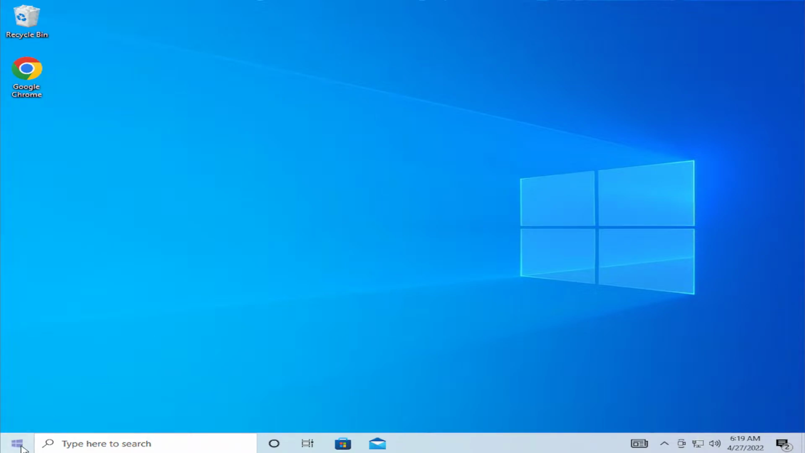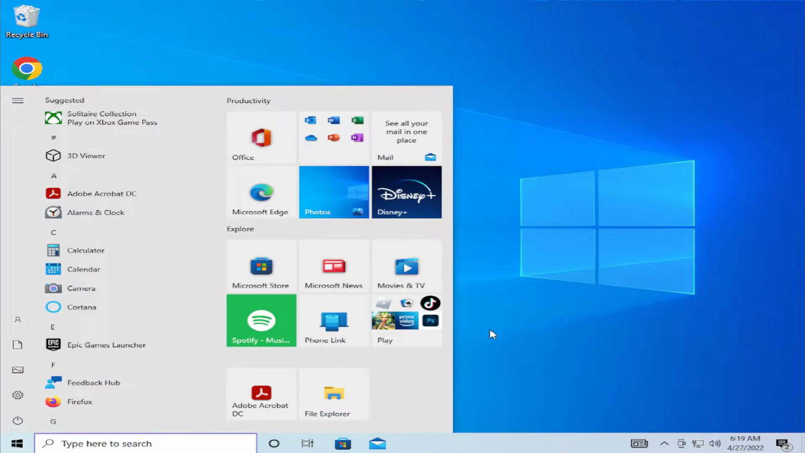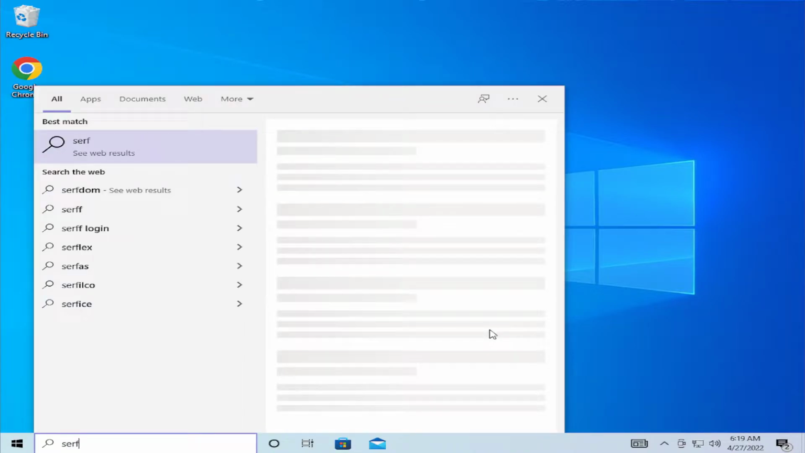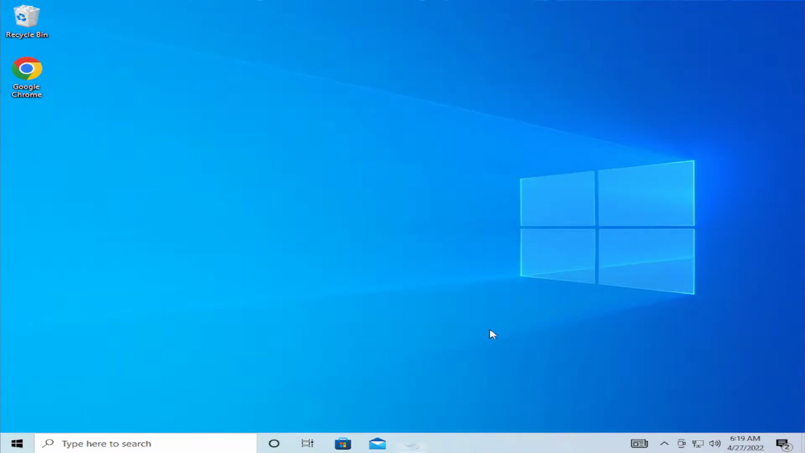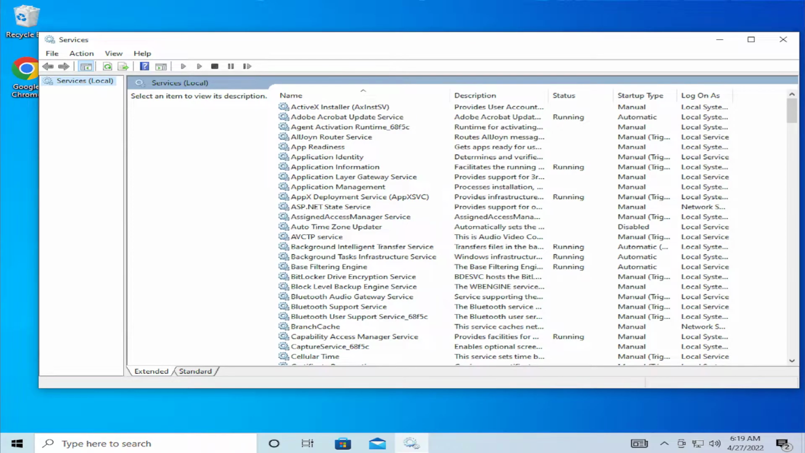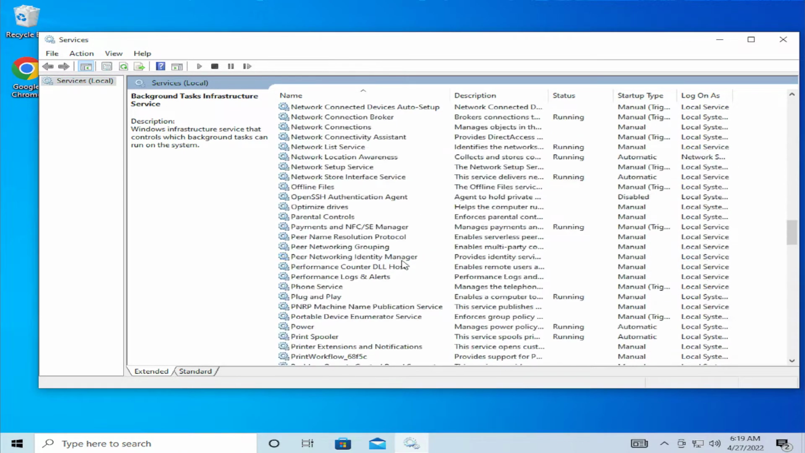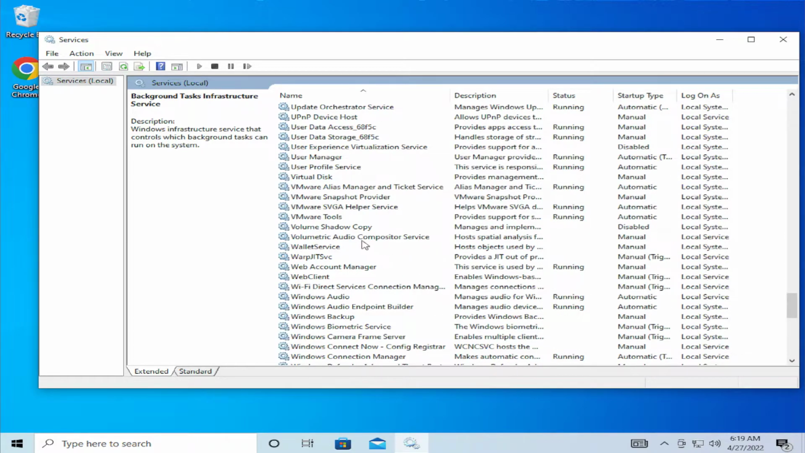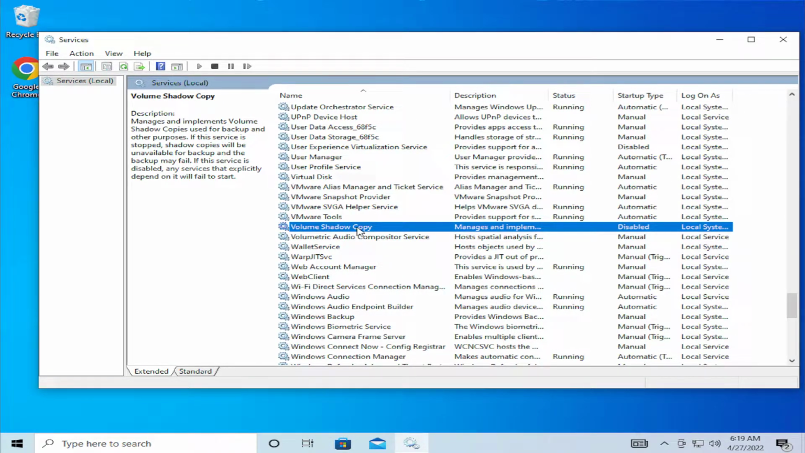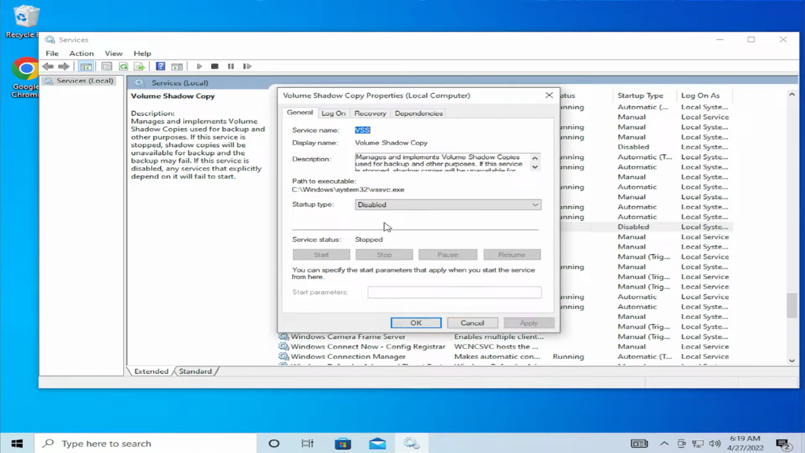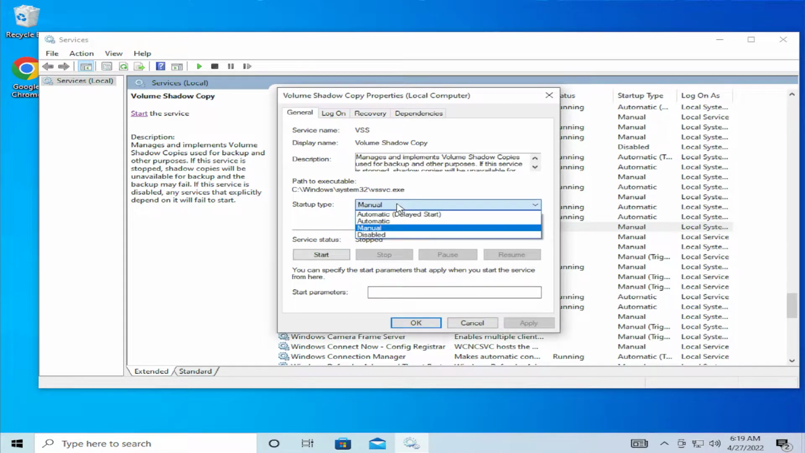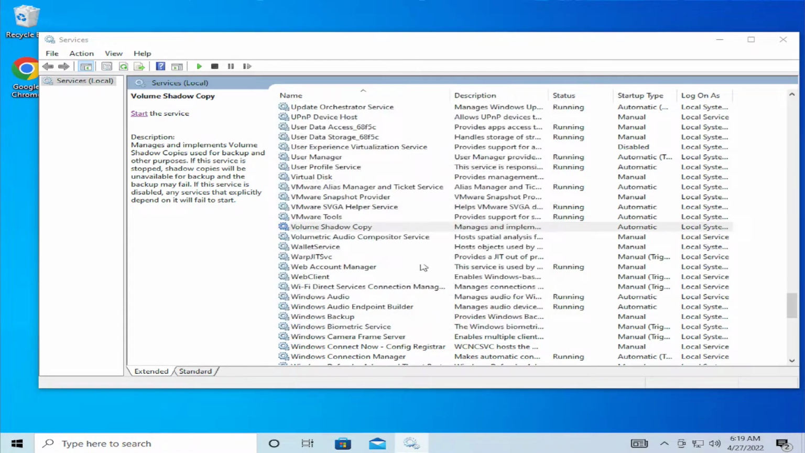The first step is to go to the start menu, type services and hit enter. In this new window, scroll down and select Volume Shadow Copy. Double click and change to manual and click on apply, or change to automatic and click on apply and OK,